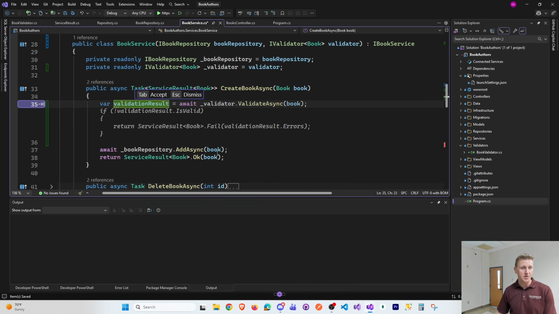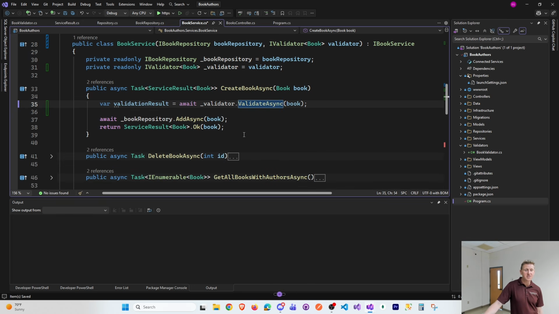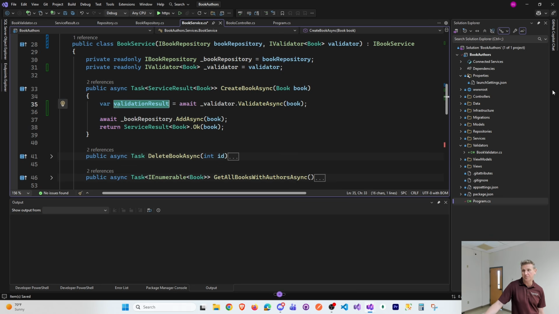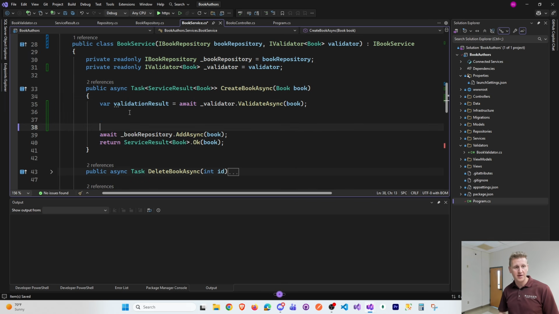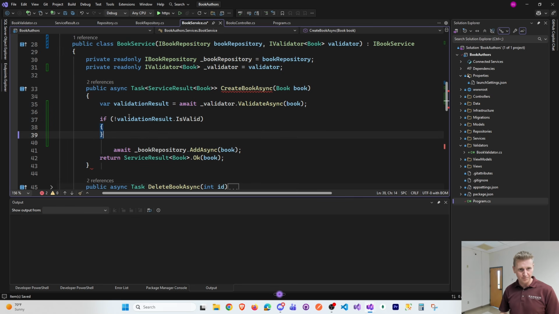So here we're going to have a validation result, calling ValidateAsync. Notice this uses this service result pattern because this will return true or false, is it valid? If validation result is not valid,